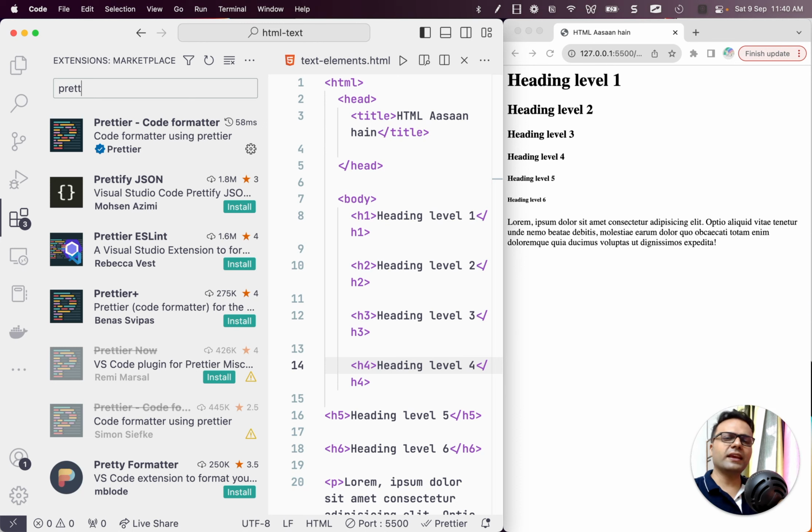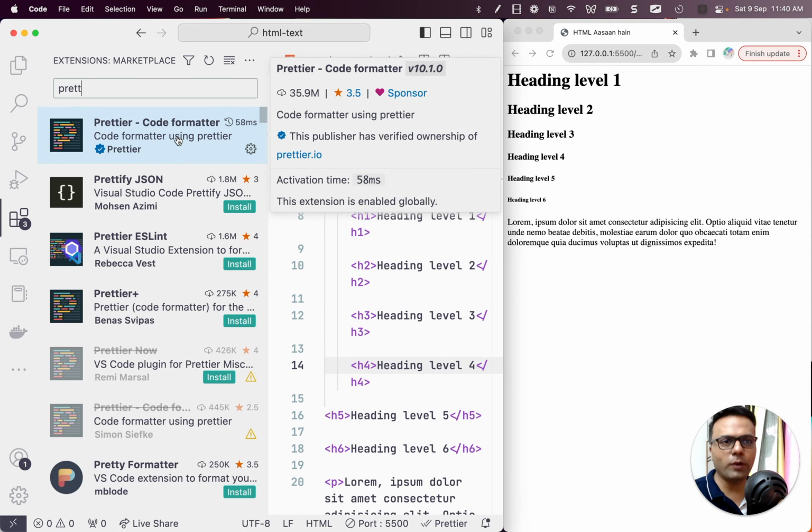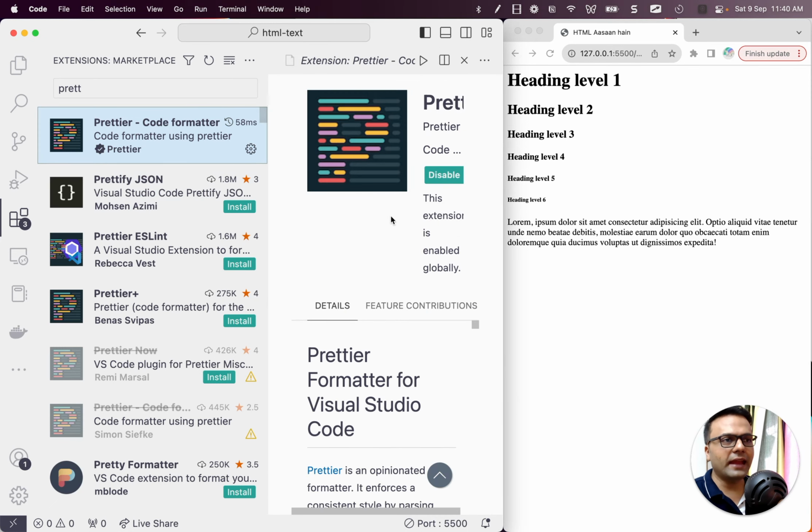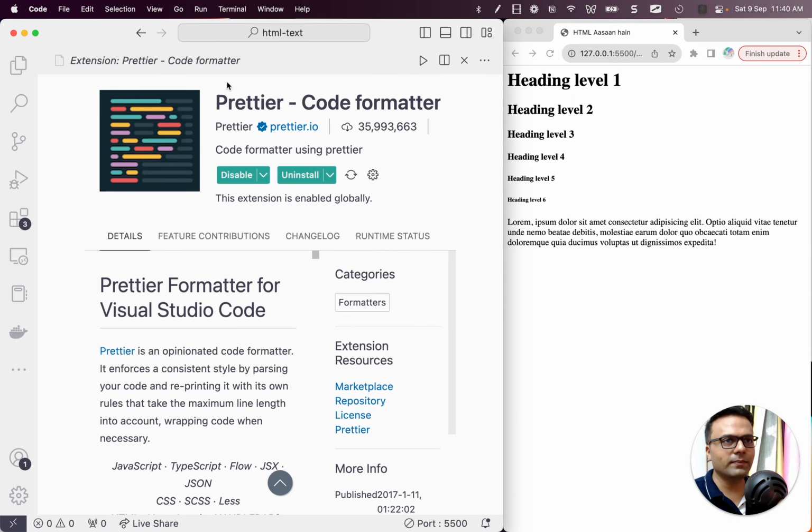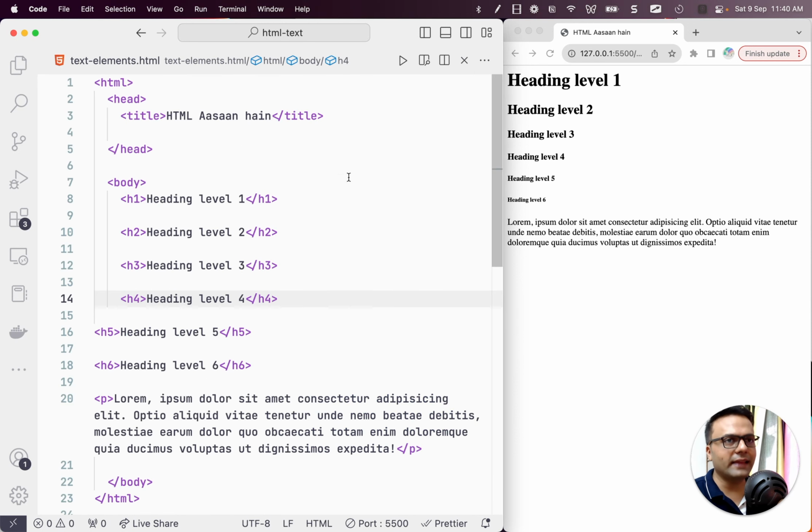It's used in every project that I have worked on, right? So the prettier extension is very, very popular. Just select the first one that you find, Prettier Code Formatter. And you have to install it using the install button. Once this is installed, it's already installed for me because I use it all the time. You can install it, and then now